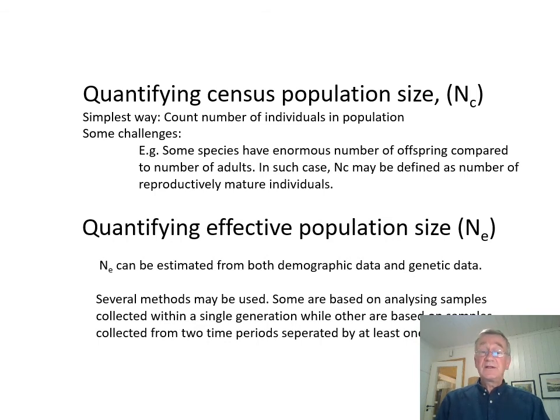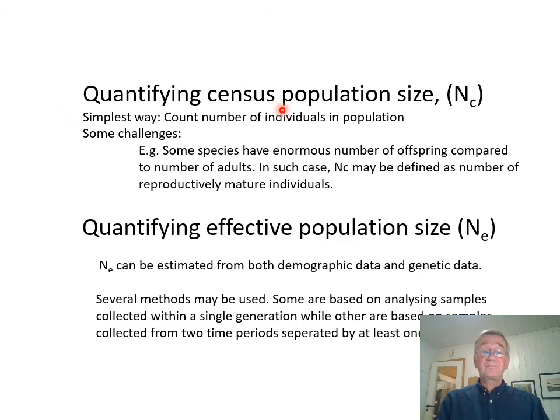You will see in the textbook there are several methods, and there is a lot of reading and text about these things. The important thing for you is to see that there are a lot of different ways, and the simplest way of quantifying the census population size is just to count the number of individuals in the